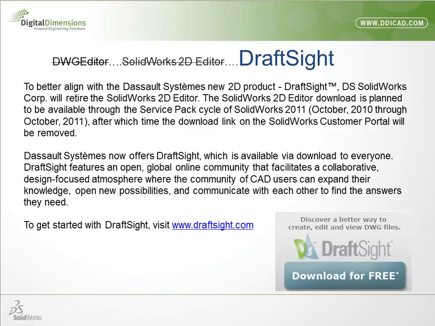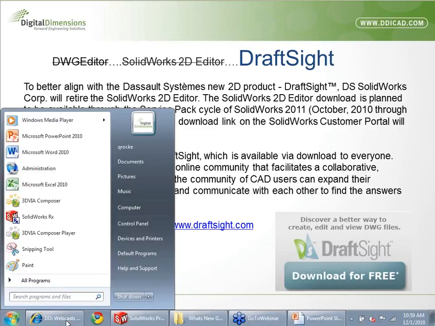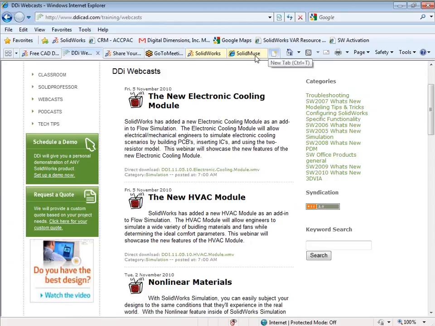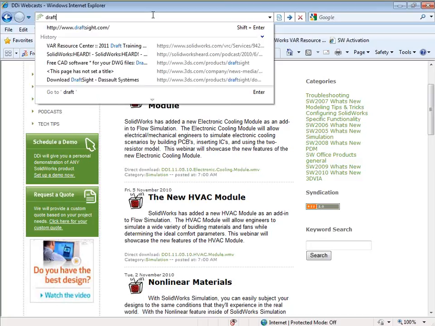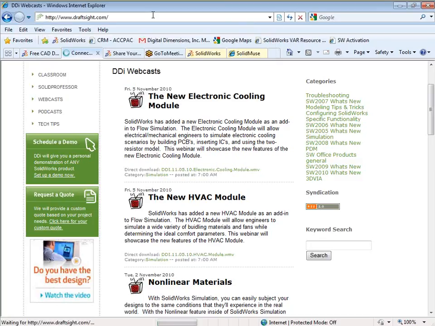But here's what you really need to know: DraftSight is now available. DraftSight is something from Dassault Systèmes that is basically the replacement for the 2D editor. It's a free application. You don't need SolidWorks licenses. You don't need to put it on a SolidWorks system. In fact, I might be wrong here, but I think it might even install on a non-Windows system, so you can just go to draftsight.com,